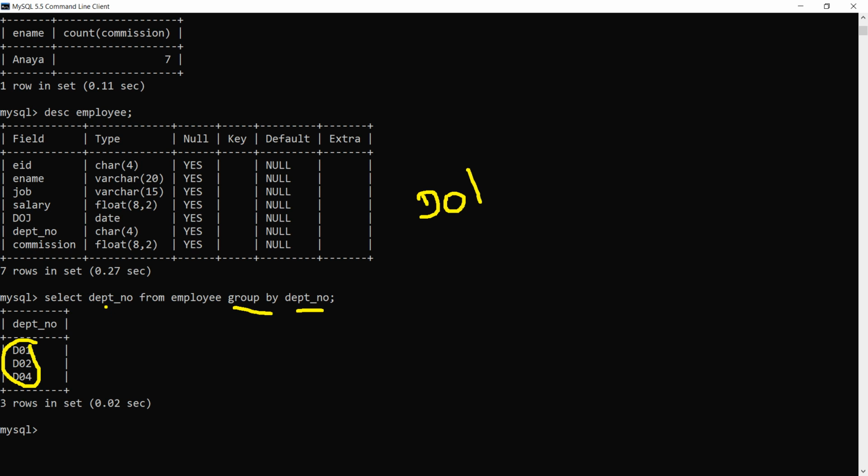So simple group by is this, but one thing here: when you write select employee name, comma, DEPT_NO from employee group by DEPT_NO, what answer are we expecting here?